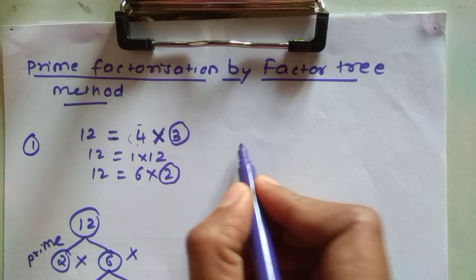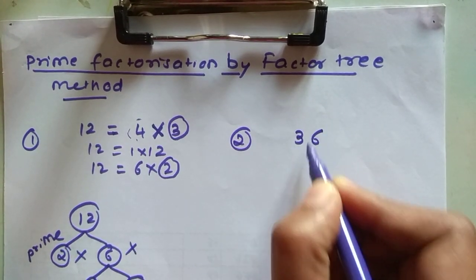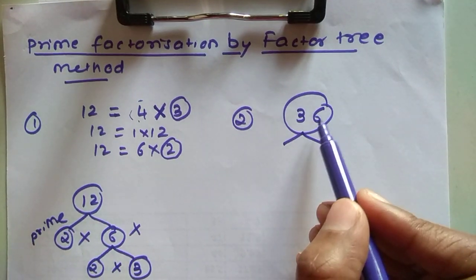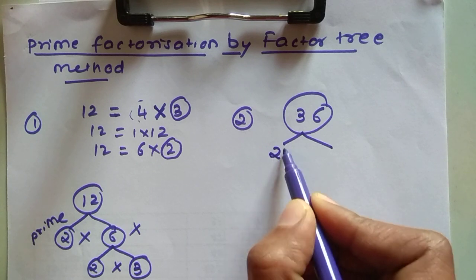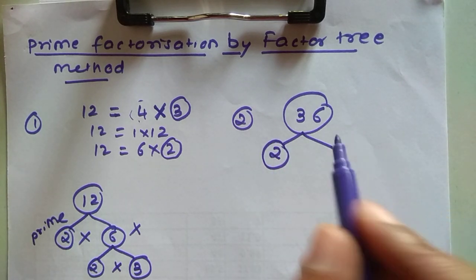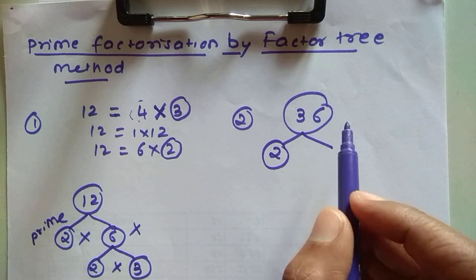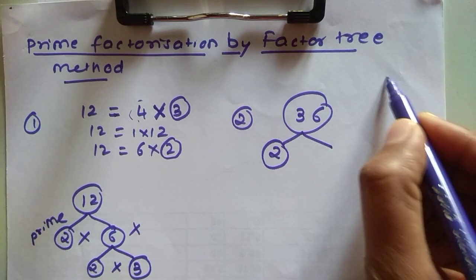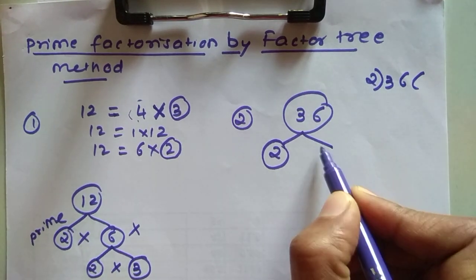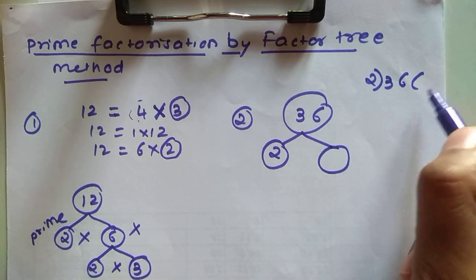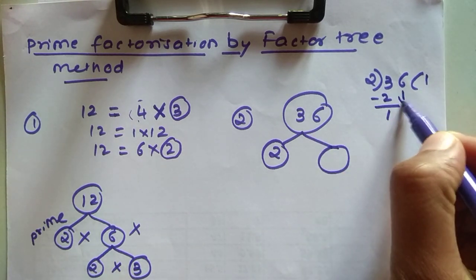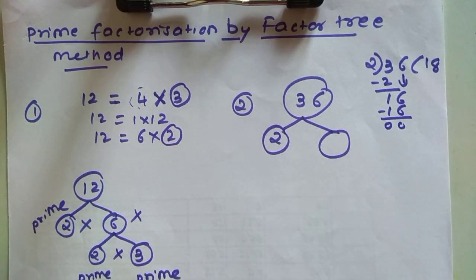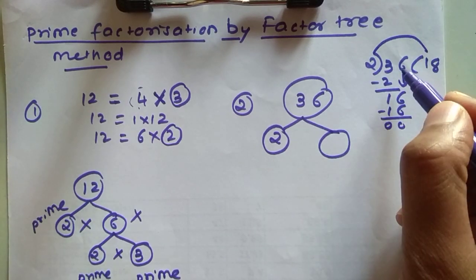Now let us take a few more examples. I will take the number 36. 36 is divisible by 2. Why? Because the last digit is 6. It means we can divide this number completely by 2. Say the table of 2 till it comes to 36. We will memorize the table of 2 till 2 tens are 20. So what will we do? 36 divided by 2. 2 ones are 2, 1 remains. Take 16: 2 eights are 16. Remainder 0. So 2 times 18 will be 36.